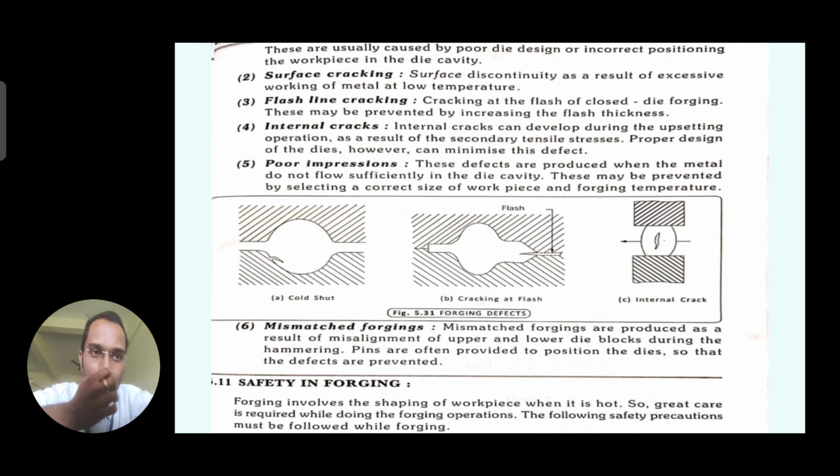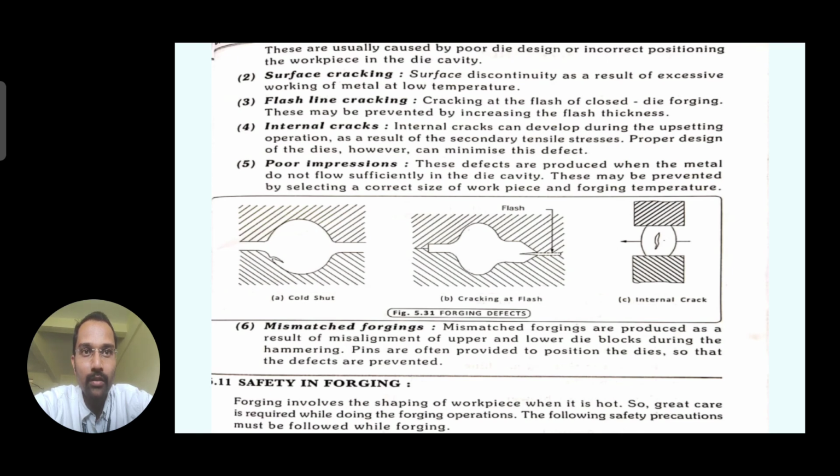Next one is internal cracks. These can develop during the upsetting operation. Consider the presses: in between them a hot workpiece is placed, and internally some tensile stresses develop in the material, and this results in cracking inside the material.